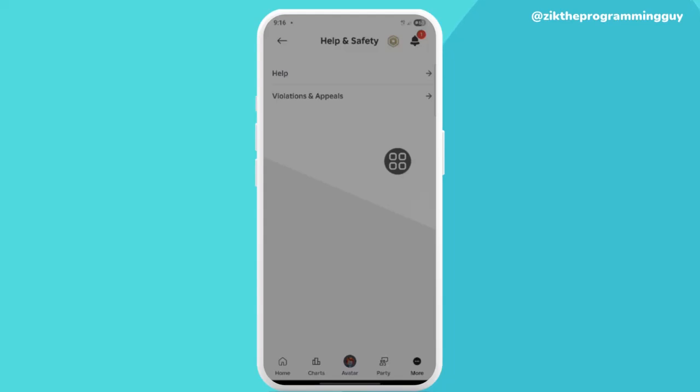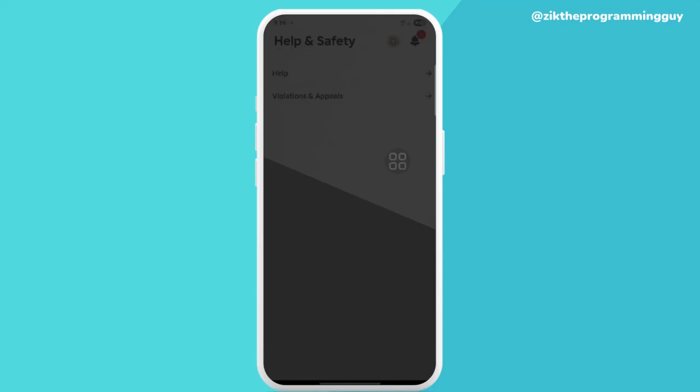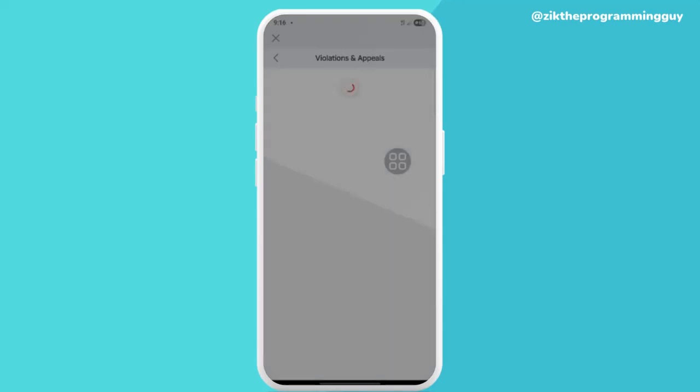If you actually violated some rules and you want to appeal, or whichever way, or forgot your password, you can just click on any of them. It still works the same way. So just click on Violation and Appeals. So it's loading. You click on Support right here,